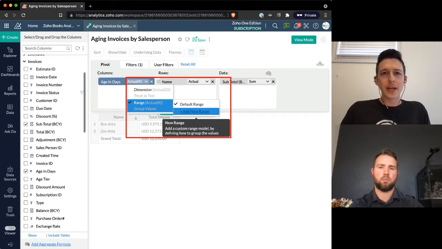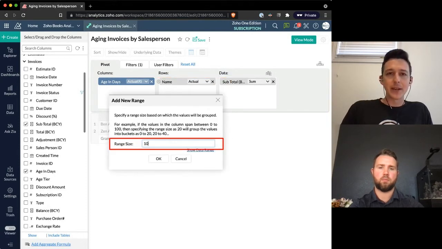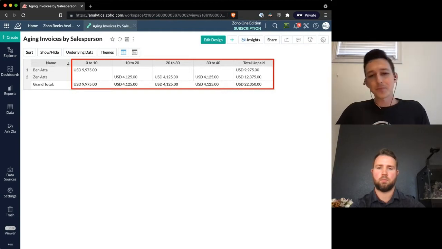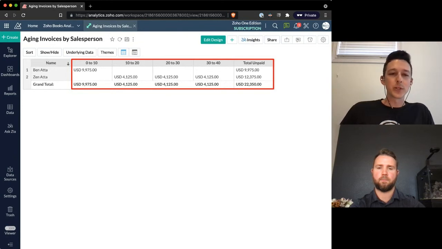And so here, I'll go ahead and add a new range. Range size, we're just going to make this 10 in this case. This could be really any value that you want. And now we'll see when we go ahead and generate and view that pivot table that it's grouped this up, 0 to 10, 10 to 20, 20 to 30, and 30 to 40 days old, that we have these unpaid invoices. So in this case, we might pull this report and realize,